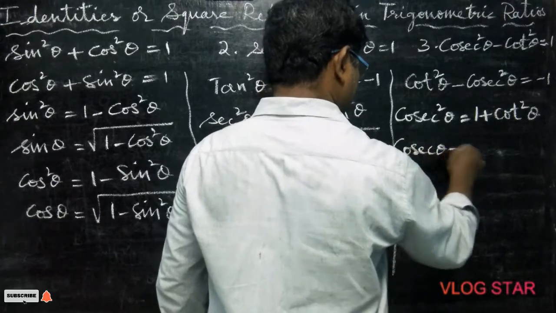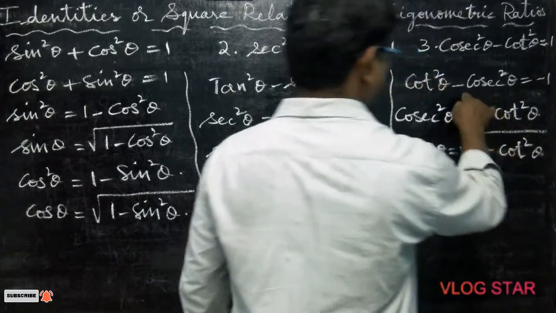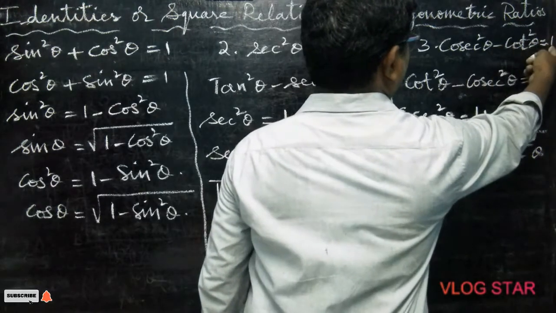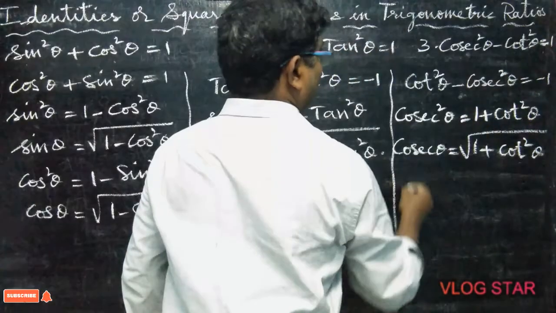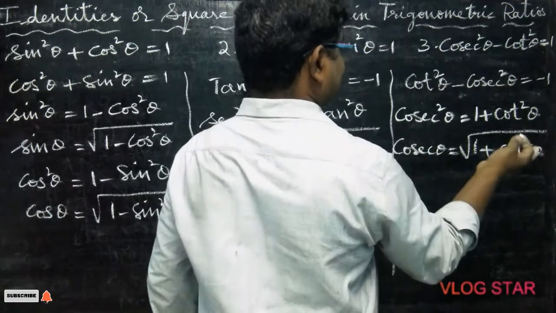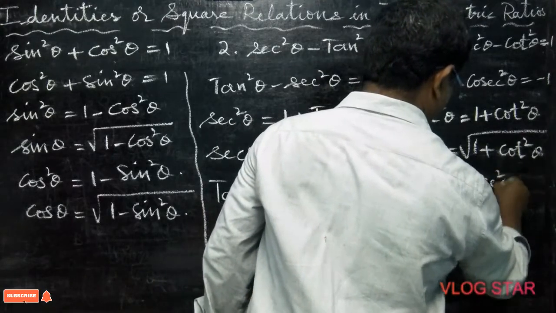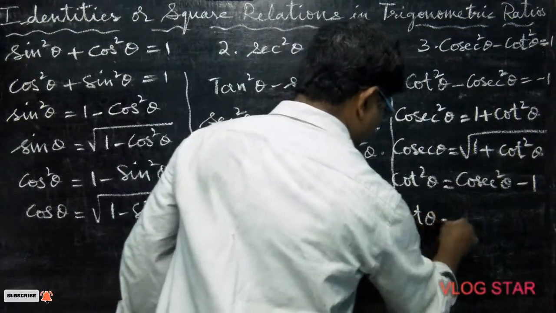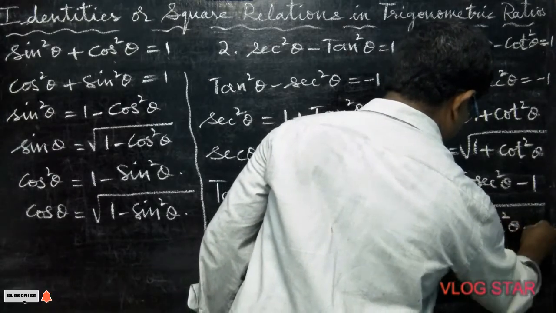Cosecant theta is equal to square root of 1 plus cot square theta. I took here, this is not an identity, this is the identity. From the identity we have to see. This time minus, I am taking cot square to that side, plus 1 I am bringing from left to right. So next, cot square theta went that side. So cot square theta is equal to cosecant square theta minus 1. Now only cot theta, square root of cosecant square theta minus 1.